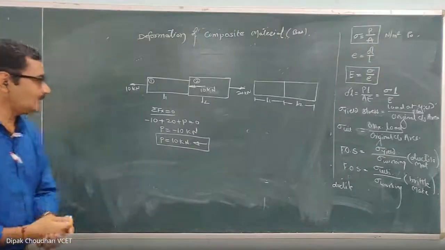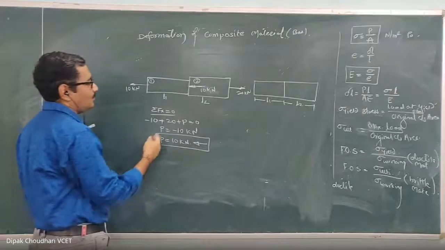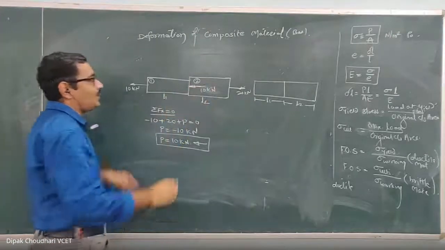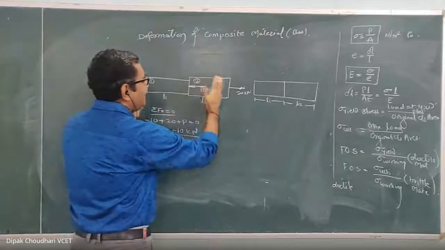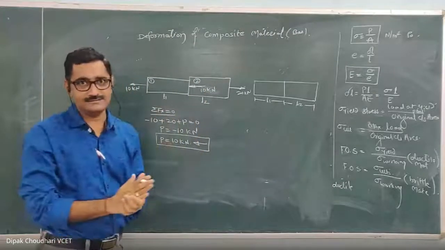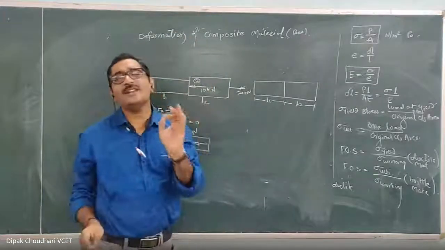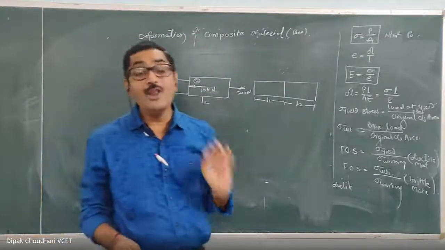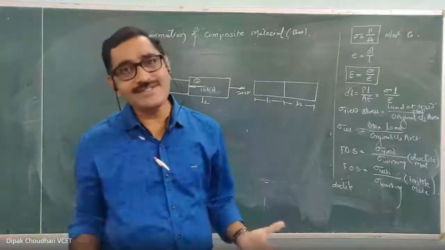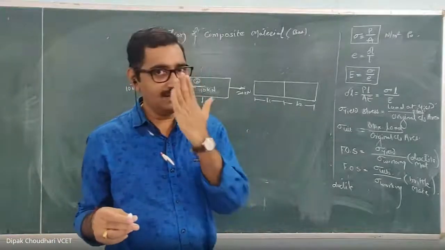No problem. Okay. So P equal to 10 kilonewton towards left is the intermediate force acting at the intermediate point. Now we have to calculate the total elongation of this rod because of the axial force. Number of forces are acting, but we have to calculate the elongation or deformation and the stresses induced in that particular component